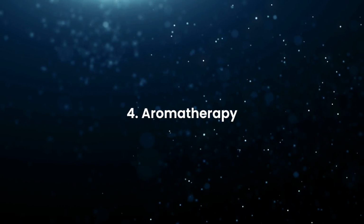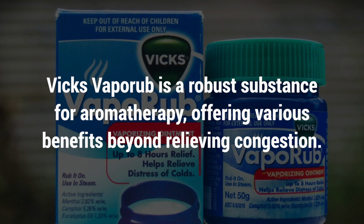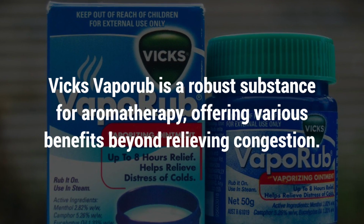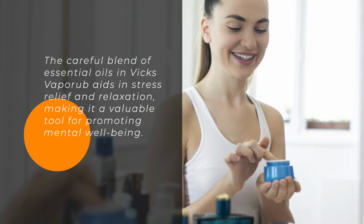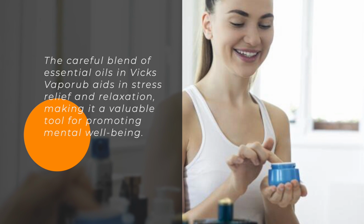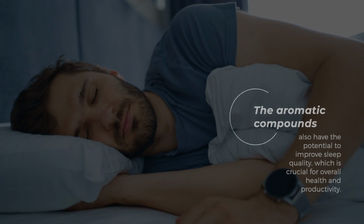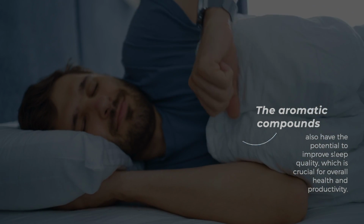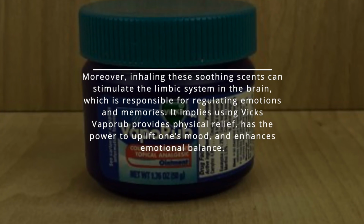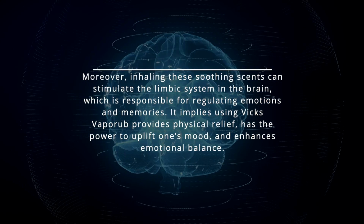4. Aromatherapy. Vicks Vaporub is a robust substance for aromatherapy, offering various benefits beyond relieving congestion. The careful blend of essential oils in Vicks Vaporub aids in stress relief and relaxation, making it a valuable tool for promoting mental well-being. The aromatic compounds also have the potential to improve sleep quality, which is crucial for overall health and productivity. Moreover, inhaling these soothing scents can stimulate the limbic system in the brain, which is responsible for